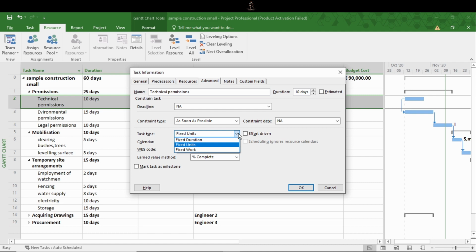The third one is units. In projects, some situations may occur where we want to determine how much a resource should spend per day, that is, how much time he should spend on a specific activity. We know how many work hours will be needed and also how long we want the task to be. By giving this information, project calculates the units that the resource must spend.